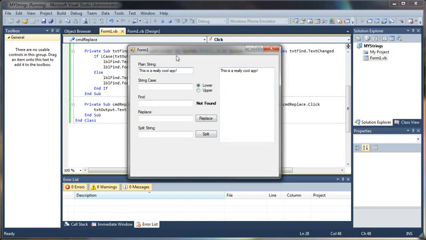So let's see. What if I want to find the word cool? Okay, it's in there. And I want to replace it with the word weird. So here we have really cool. I'm going to hit the replace button, and there it goes on the fly. How about that? So you can scan your whole